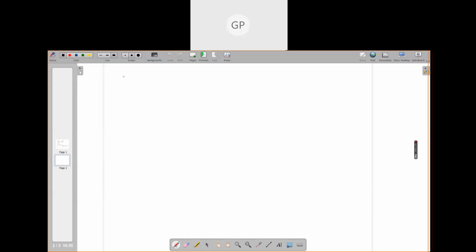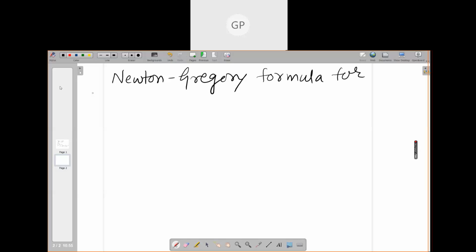Yeah, so first we want to see Newton Gregory. All of you must write with me, okay? Newton Gregory formula for forward interpolation. So please understand how we are deriving it, how the formula is constructed, because we want to actually write a Scilab program in our practicals. We have already seen how to construct the forward table.